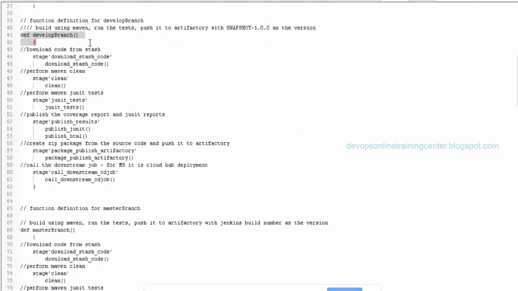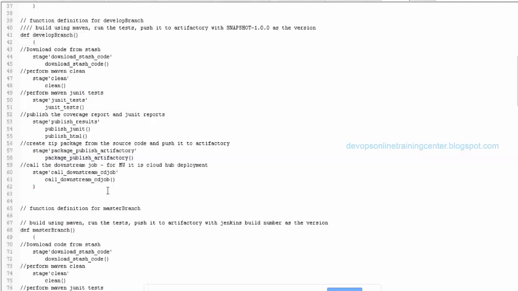So this is where we define the develop branch. This is a function. So here we download the code, we perform. So here again there are functions. This is again a function. This is again a function. Again these functions are called. So based on the branch, we are doing something.